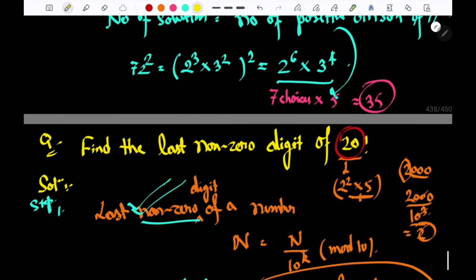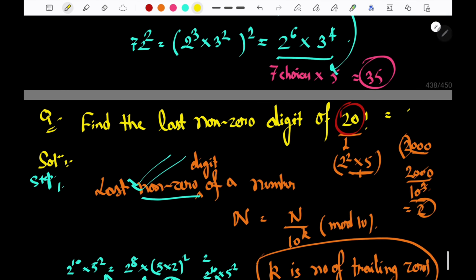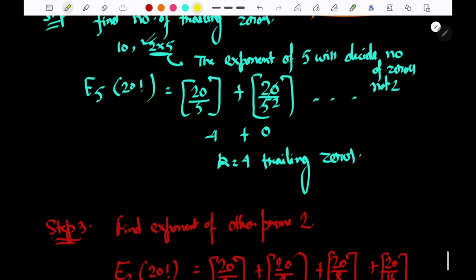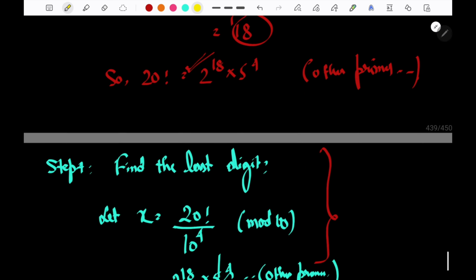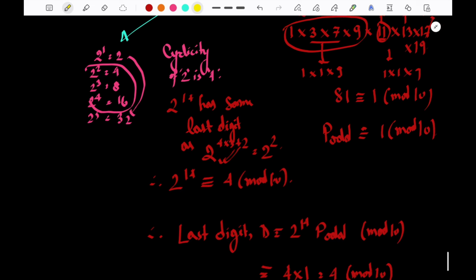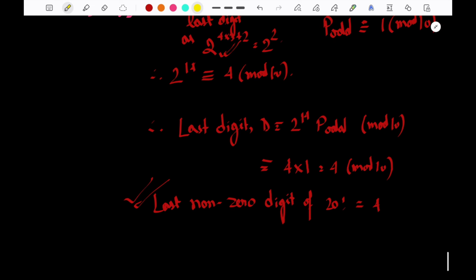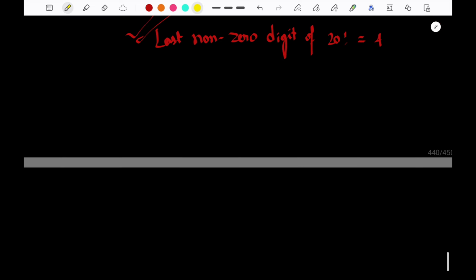So the last non-zero digit of 20 factorial is 4. 4 is the answer. Done. Next question says, the question is, let